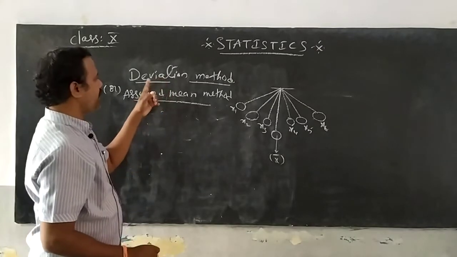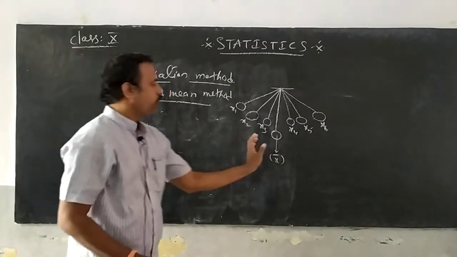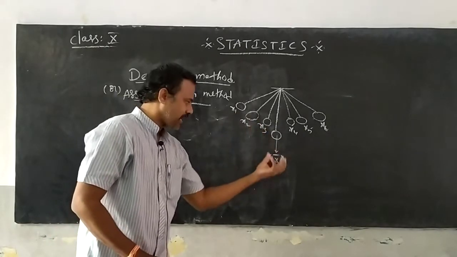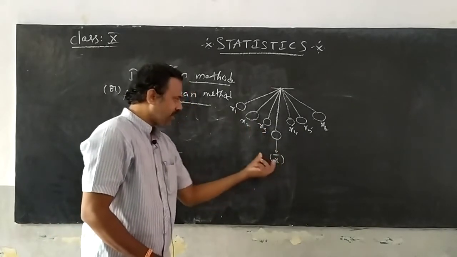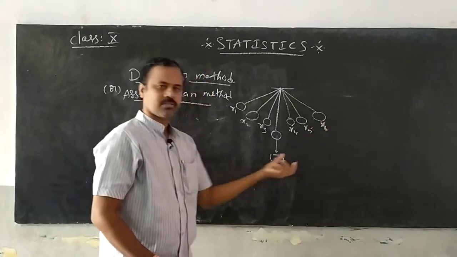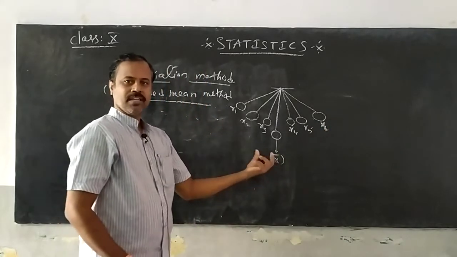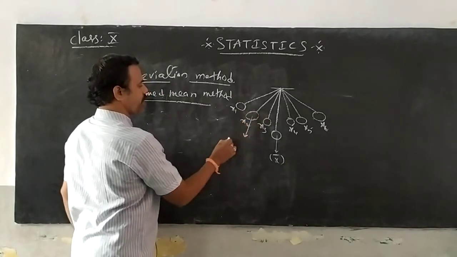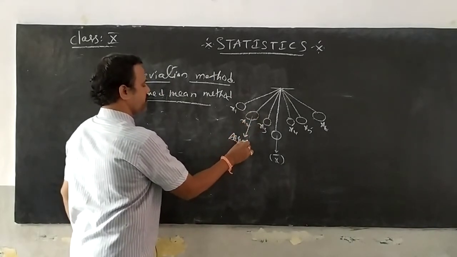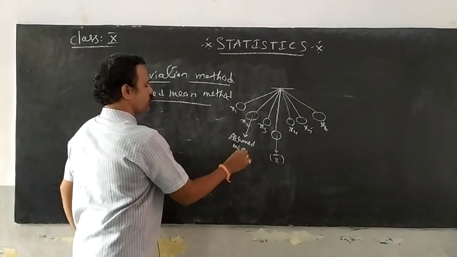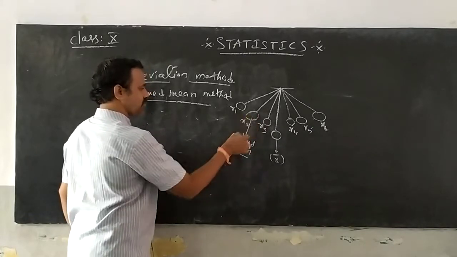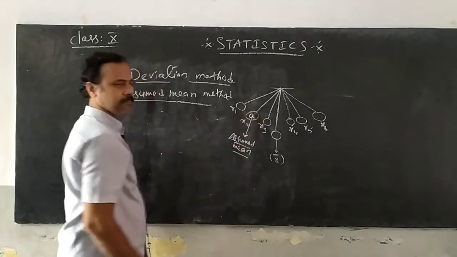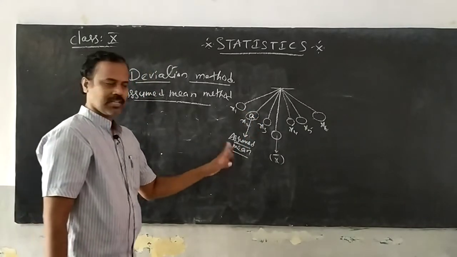So, why do we name this one deviation? Means we are deviating the mean, where the mean is at the middle, but I am deviating the mean to any one of these values. I am not taking the actual answer. Instead of calculating the answer, I am deviating. I suppose this value as the assumed mean, and I consider this to be A. Okay, do you understand? Right.